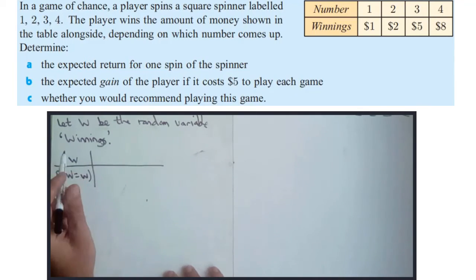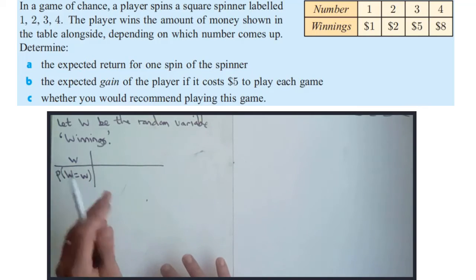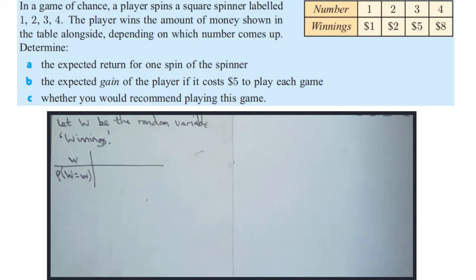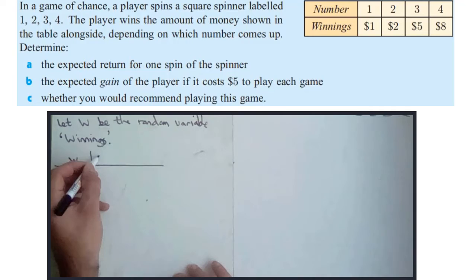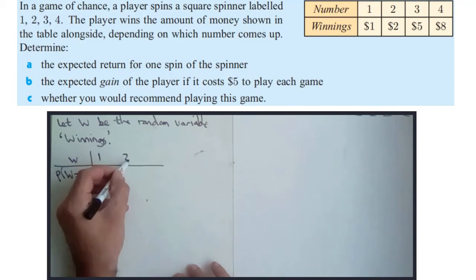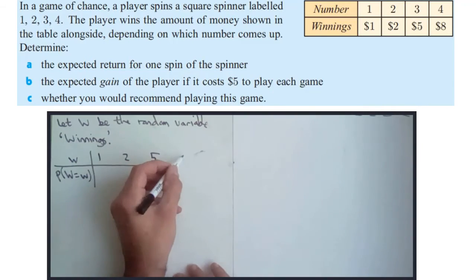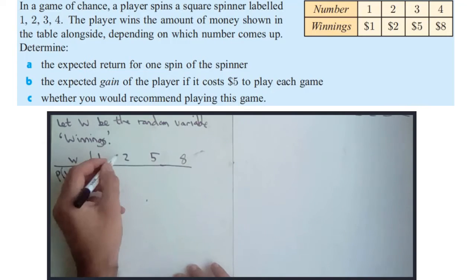So the possible winnings are not the numbers, they are the actual winnings. So it could be 1, 2, 5 or 8. So then for the probabilities,